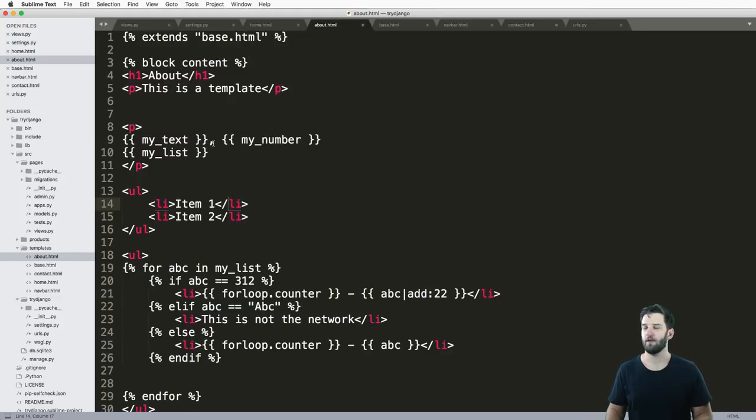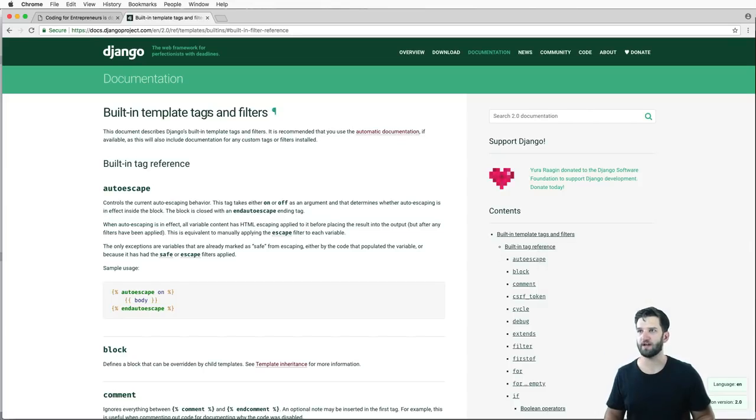Provided by Django. We've used extends, that's a template tag. We've used block. We've used for, like the for loop. We've used if. But this isn't it, right? We actually have a lot more. If you look at the documentation itself, there's a whole list of items that you'll see for built-in template tags